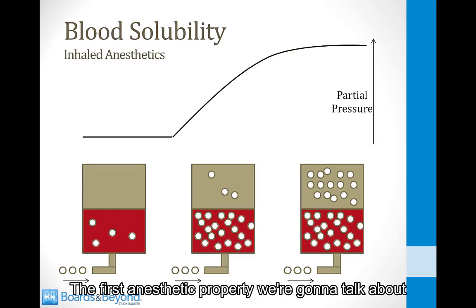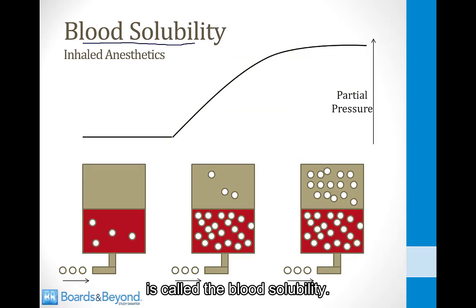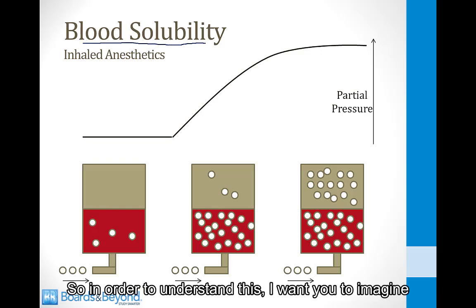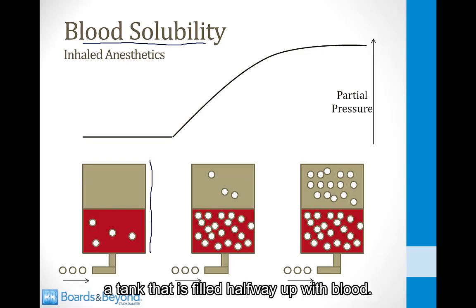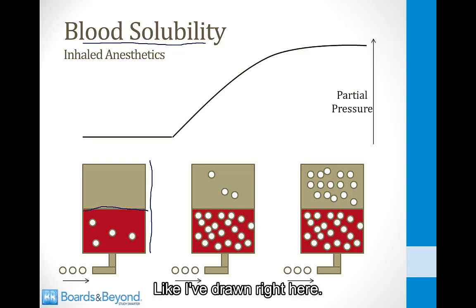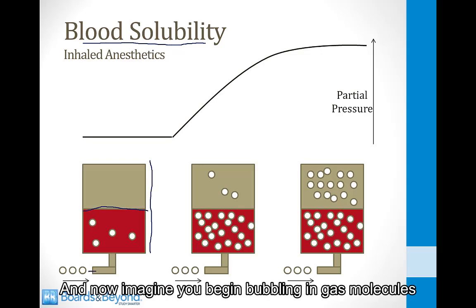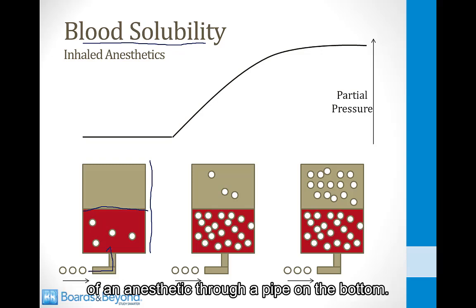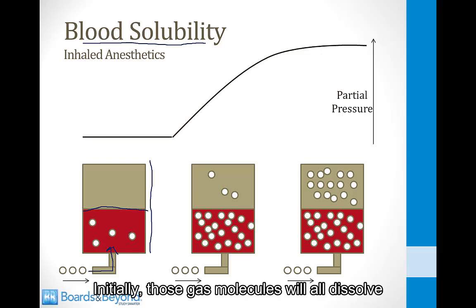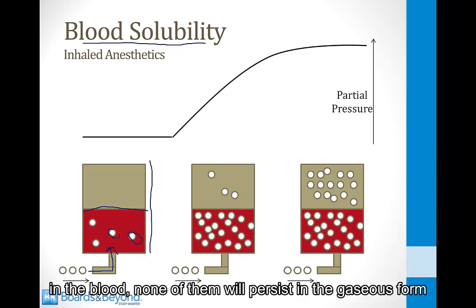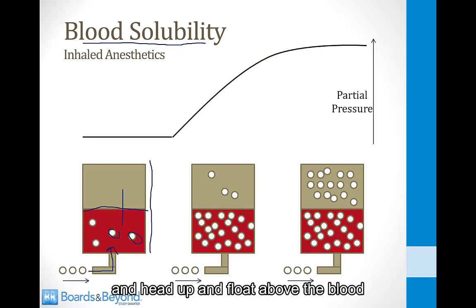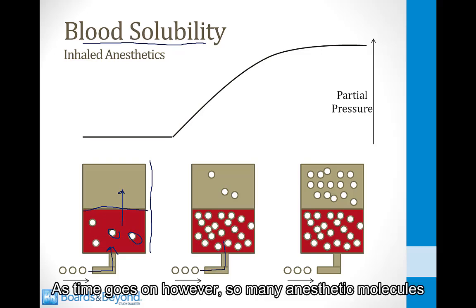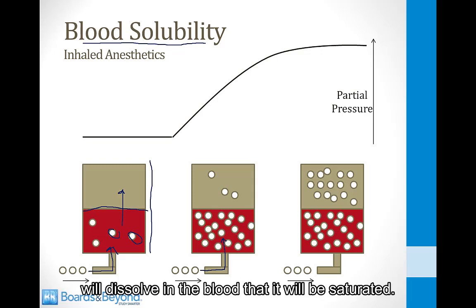The first anesthetic property we're going to talk about is called the blood solubility. In order to understand this, I want you to imagine a tank that is filled halfway up with blood, like I've drawn right here. And now imagine you begin bubbling in gas molecules of an anesthetic through a pipe on the bottom. Initially, those gas molecules will all dissolve in the blood. None of them will persist in the gaseous form and float above the blood because they will all completely dissolve. As time goes on, however, so many anesthetic molecules will dissolve in the blood that it will